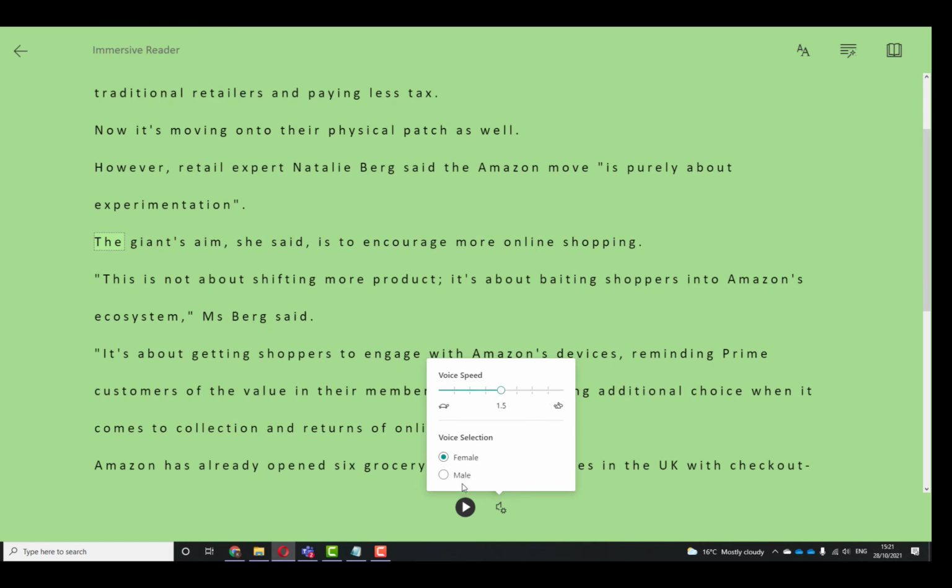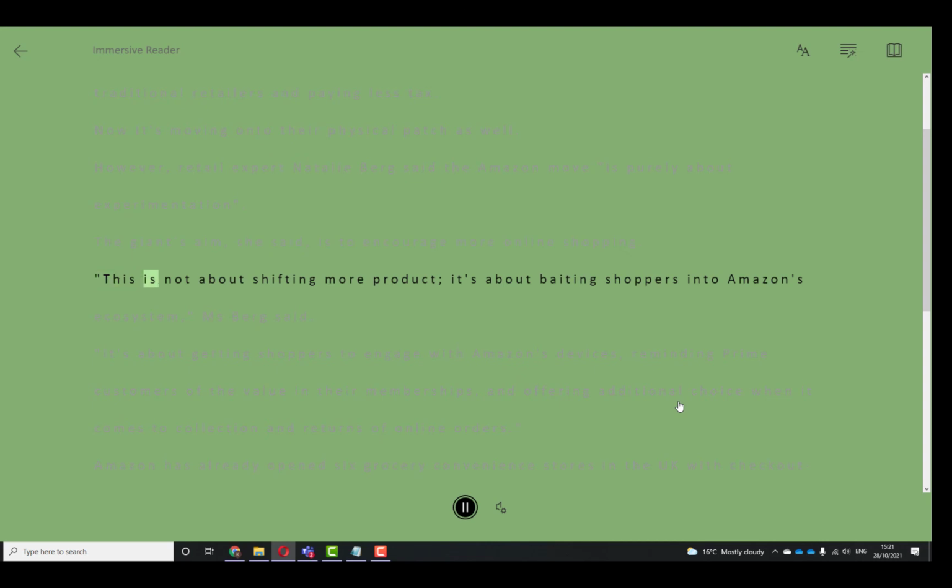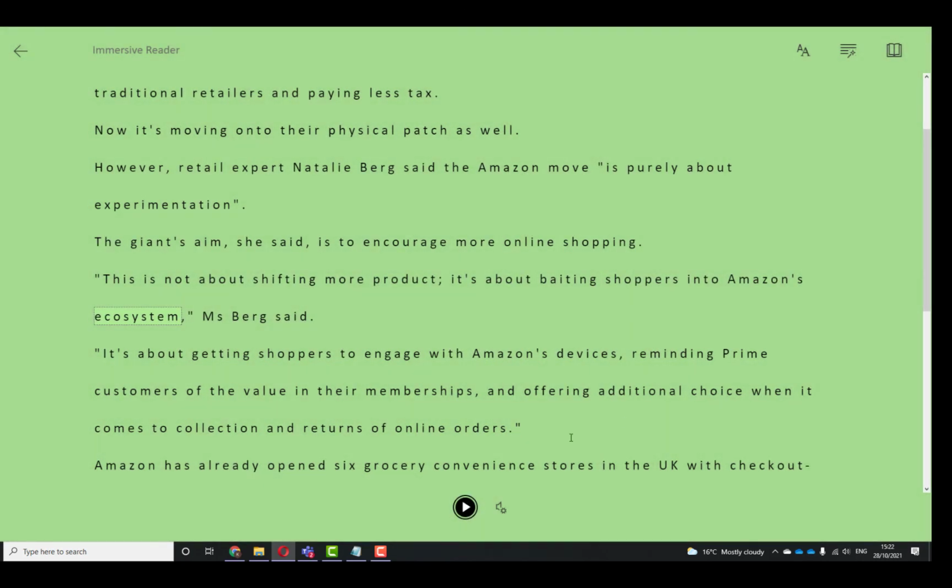Or something somewhere in the middle. The giant's aim, she said, is to encourage more online shopping. This is not about shifting more product, it's about baiting shoppers into Amazon's